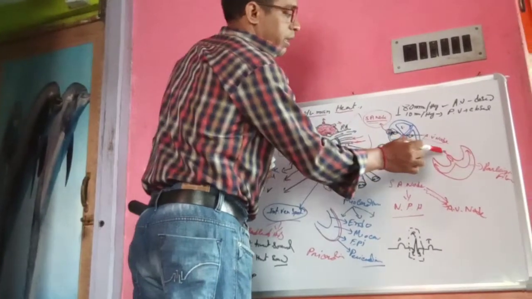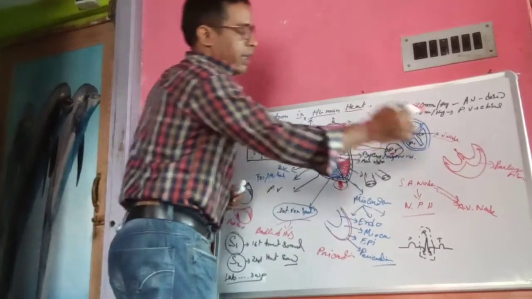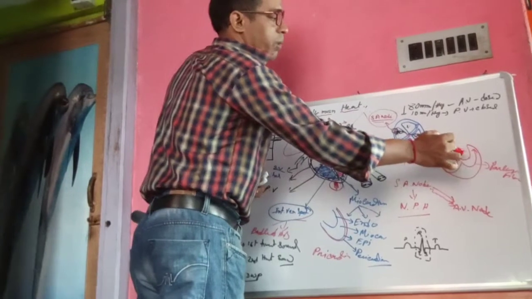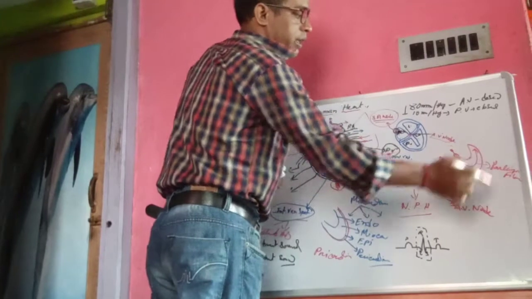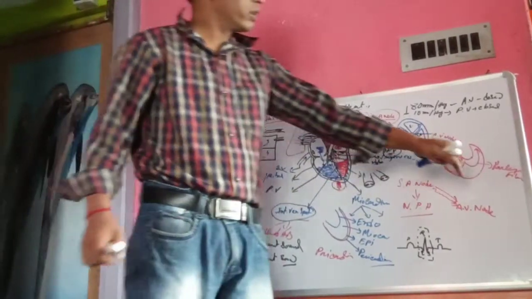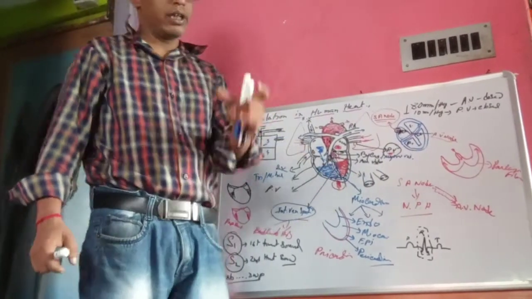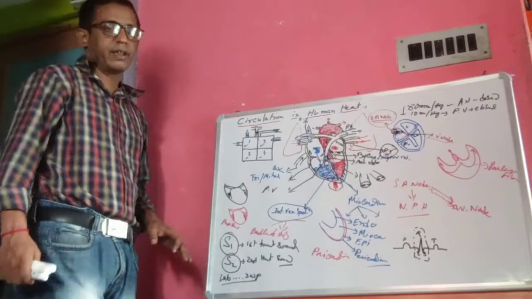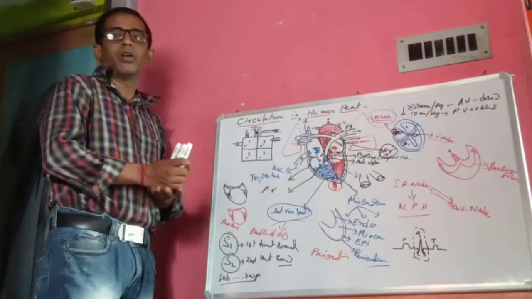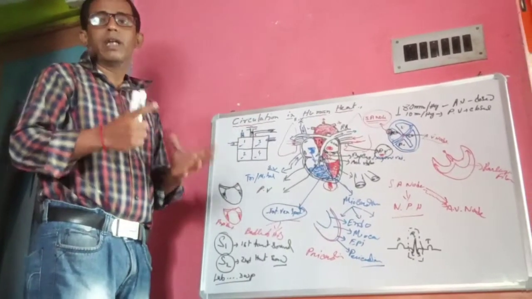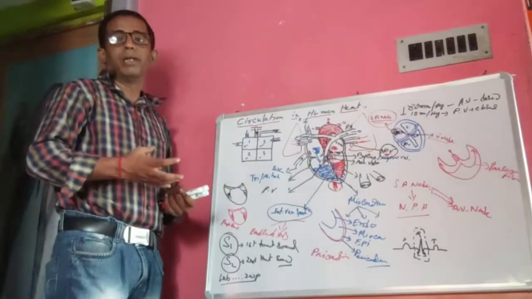As the AV node carries the impulse through the interventricular septum, it carries the impulse into the ventricular area like this. In this area, there are fibers called Purkinje fibers, and in the interventricular septum area, there is a muscle bundle called the bundle of His. These two, the Purkinje fibers and the bundle of His, play a vital role in spreading the electrical impulse through the heart. As a result, the heart is always beating.